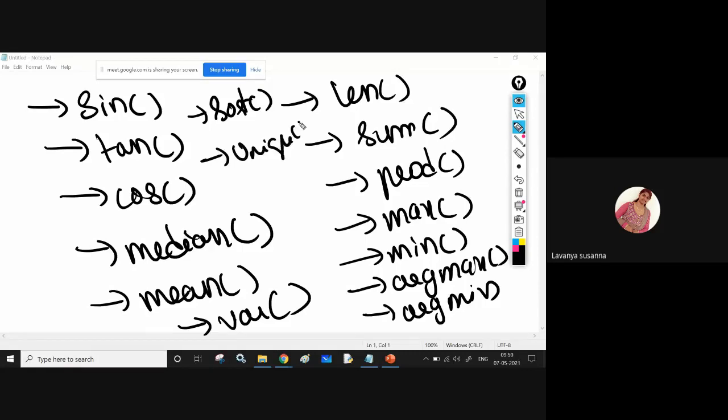All these things we have discussed, and some of the functions I have executed. All these functions you can apply on arrays.